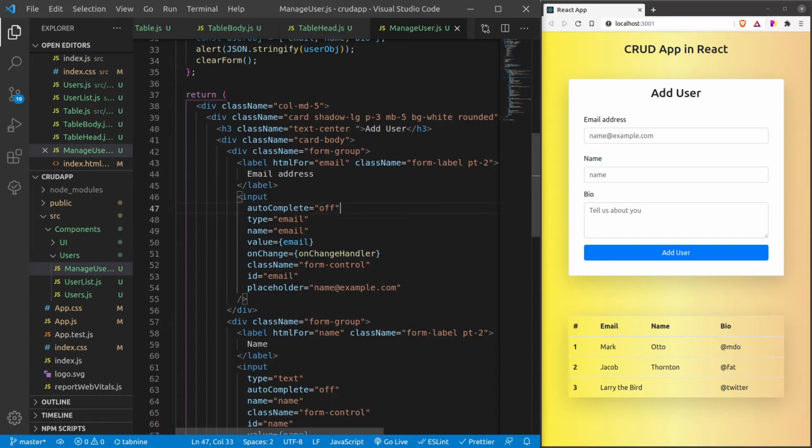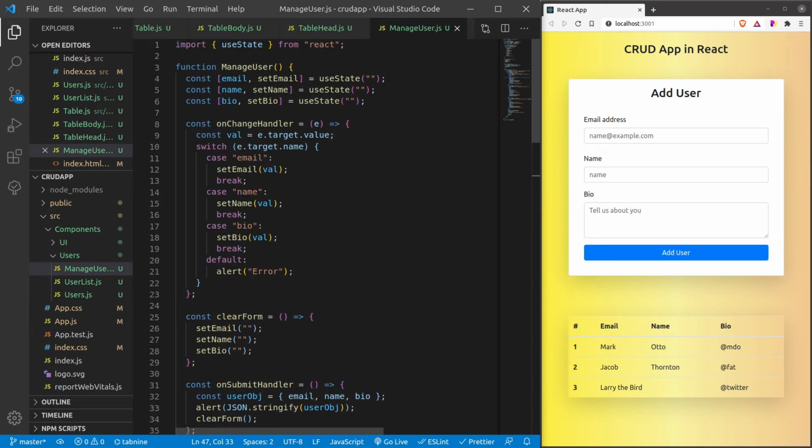All right guys, so we have created bare minimum code for adding a user. Right now we are not storing our user in local storage, or storing our user via a REST API to the server. It is going to be a front-end application only. So maybe in the future I will create backend APIs, and then we can create a full-fledged CRUD application. All right. So now let's try this out.